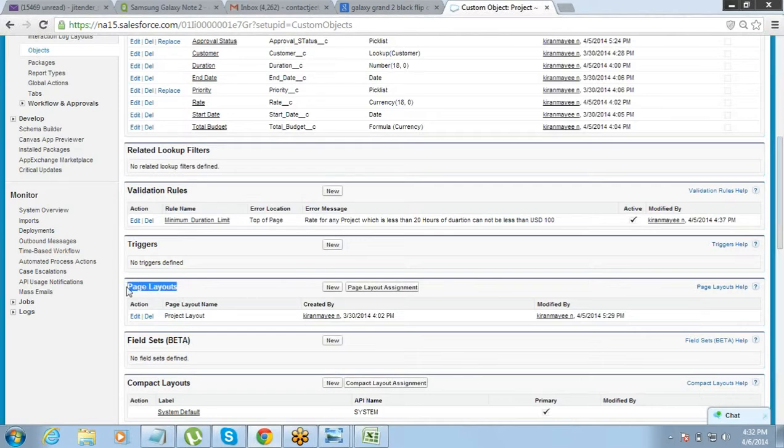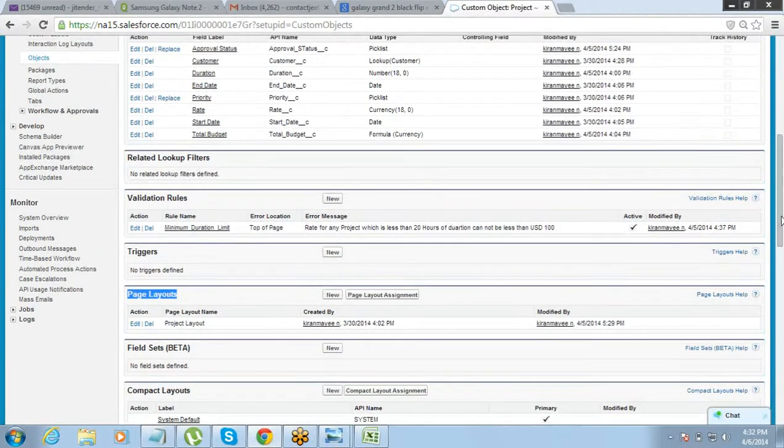It's automatically created for that object. Okay. So we don't have to do anything. On that custom object, if you scroll down a little, just below your validation rule and all, you'll find page layout.